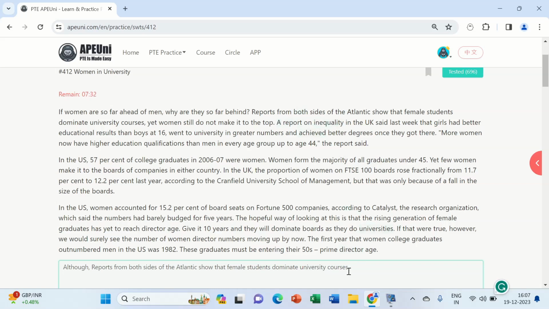Now after that put a semicolon, then I use the connector but, and after but put a comma, then give a space. Next you can take the second sentence from the first paragraph, or you can take it from the second paragraph also, but I am taking the second sentence from the second paragraph like this.